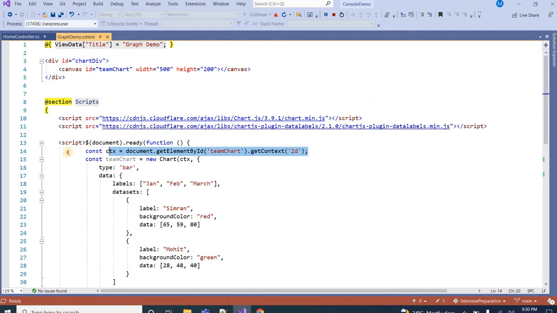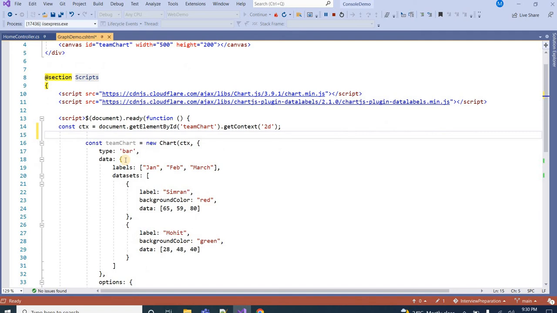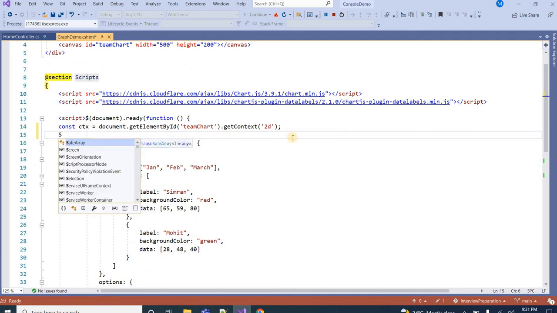First of all, I am getting the canvas using the ID. So here I am using the JavaScript document.getElementById. I am using the particular ID name, and then getting the 2D context and storing it in the ctx. Okay, so after that once we get the data,